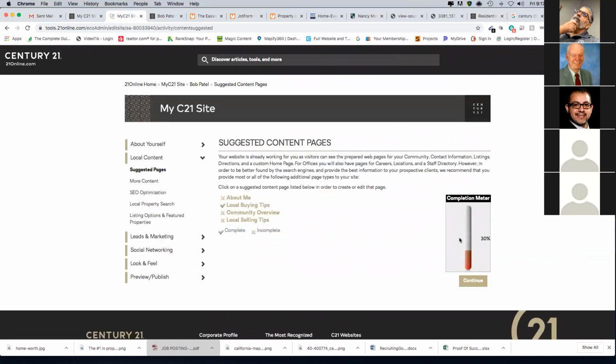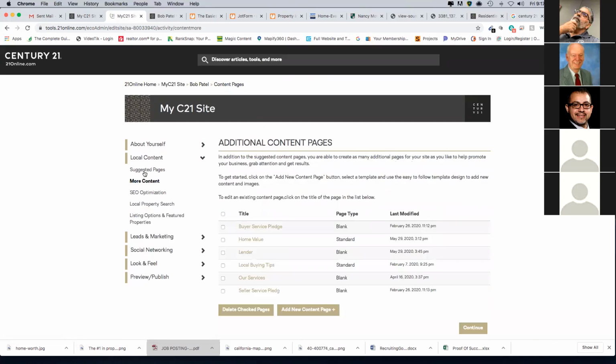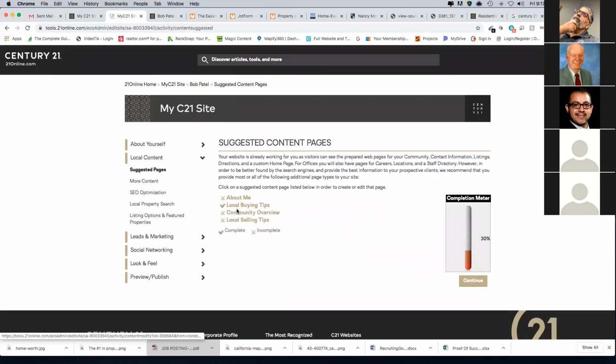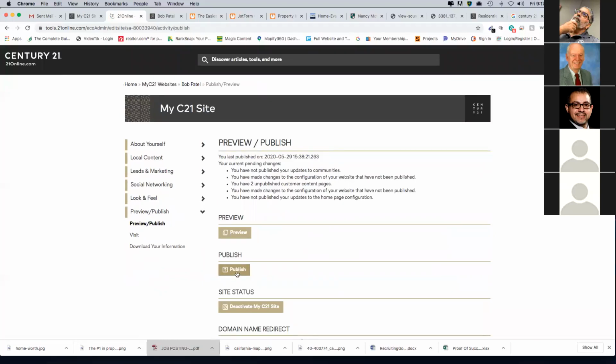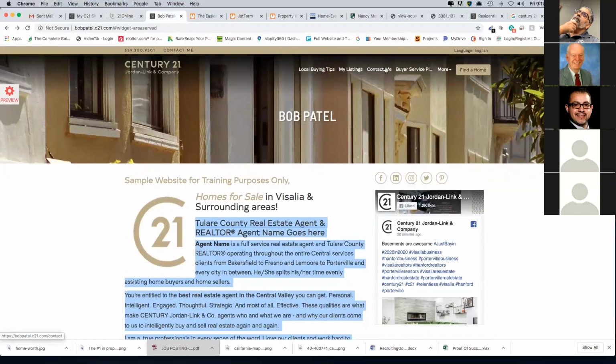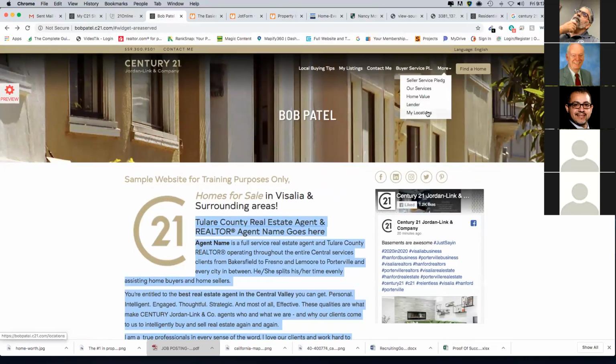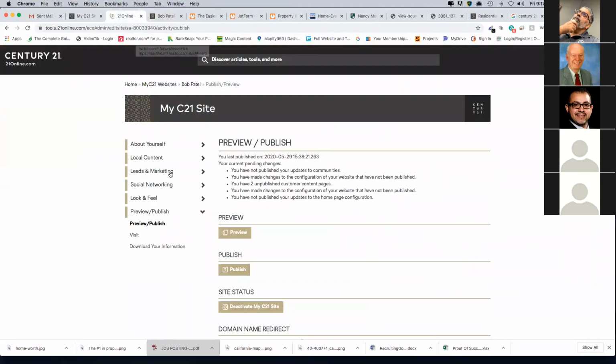So typically, if an agent says, that's all I want to do, I want to complete this website, and I don't want to go through all the other suggested pages, because now you can add an about me page, a local community page. Like, Bob, I don't want to add all of those. I just need a website for landing. Then basically what you could do is go down here and preview and publish the website, and your website will go live. What happens if you do that is they won't see the additional pages here because you haven't created them, so they don't know they exist. So you can add the pages later, but the one thing that you do want to do